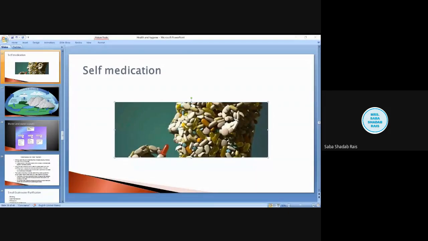So now we will be talking about the ill effects of self-medication. Self-medication means taking any type of drug without any supervision of a physician or medical expert. These medicinal drugs may have side effects and can disturb the person's body system. It is not that taking any drug will just spoil your body system, but if any drug is taken without professional advice, without the advice of any doctor or medical expert,